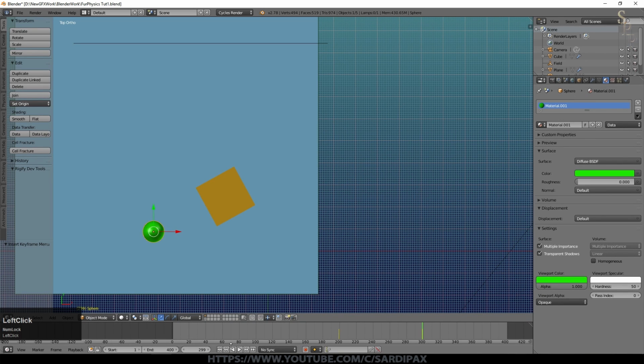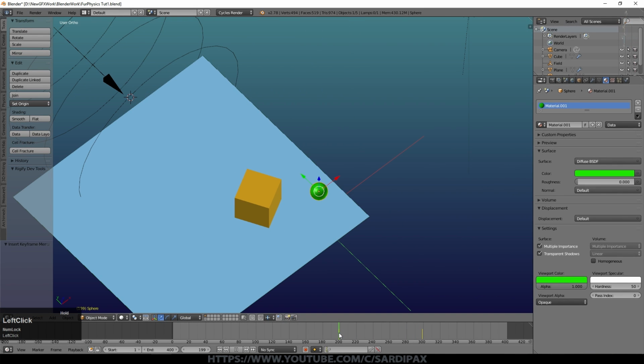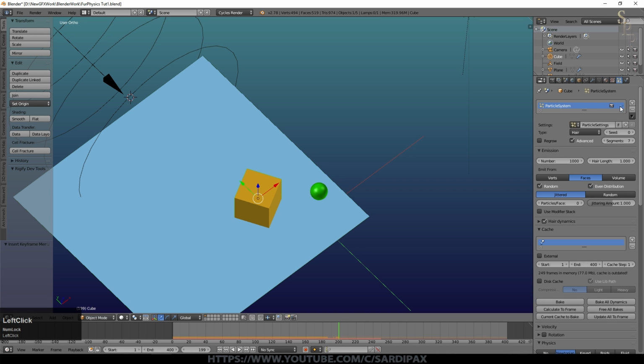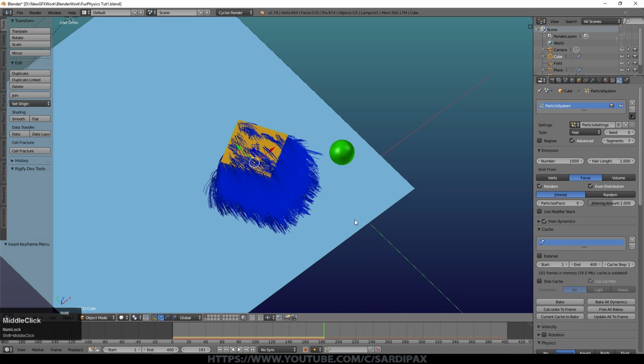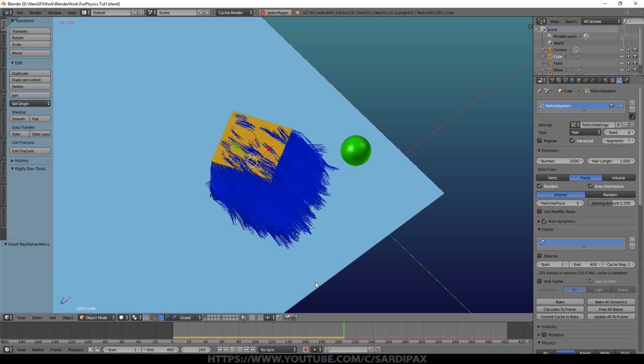So let's have a look. Use these little markers to jump between keyframes. How close that gets to the cube. That's pretty close. So that should pass through the hair. So let's call our hair back up again. So we'll select our cube, switch on our particle system again. We'll come back to here because you can see the buffer was slightly broken, and we'll press play. So the hair's settling down again, and then our sphere starts to move and just passes straight through the hair. There's no interaction at all, much as you'd expect.